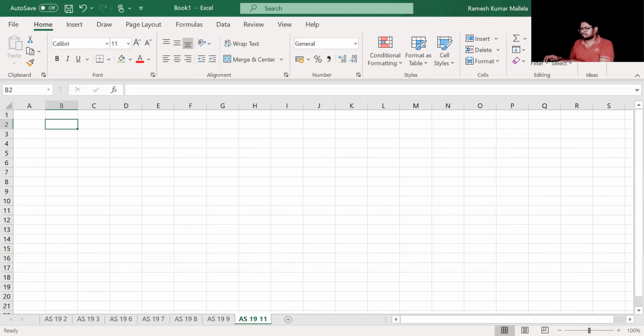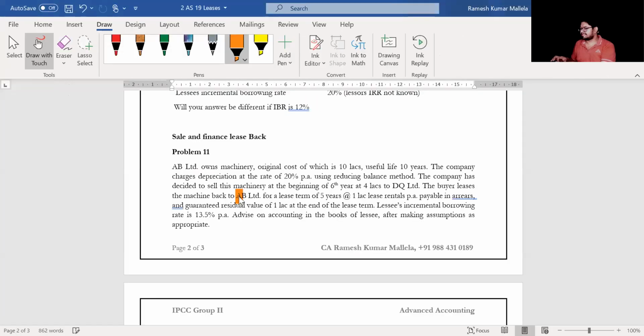Okay, so let's look into the solution. First of all, you're supposed to calculate from the information given. If you observe, he did not tell you the current book value at all. So I should first calculate what the book value is. Only then will I get to know whether I'm selling it off for a profit or loss, yes or no. So first let us calculate the book value.